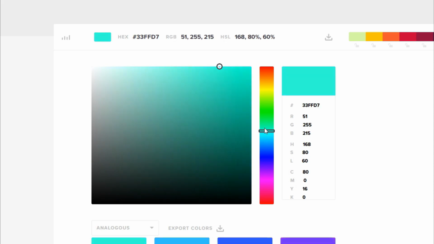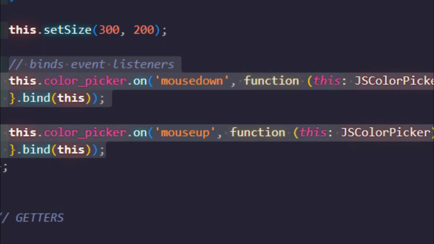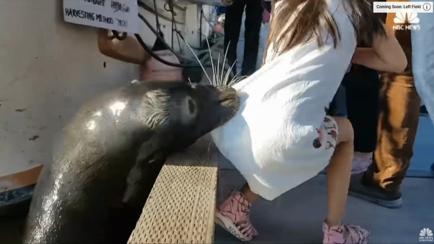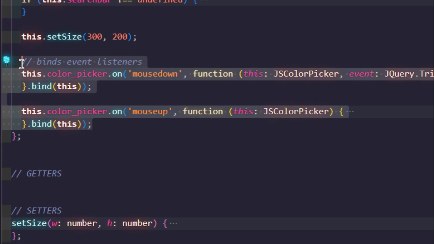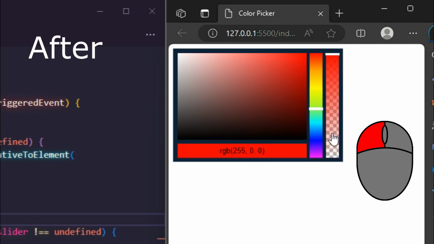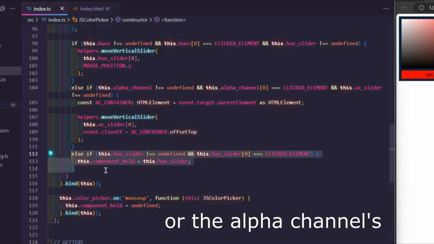Now that I finished with the click mechanics for the sliders, it was time to implement dragging. I realized that I needed to distinguish between dragging and clicking, so I split the click event into its constituents, mouse down and mouse up. The other reason for this split was because dragging itself consisted of two actions, holding and releasing. You can guess which of the two events they fall into. I decided that the click response would only fire when the user presses the left mouse button on the gradient. As for dragging, it would only occur when the user holds the left mouse button on the hue component slider.